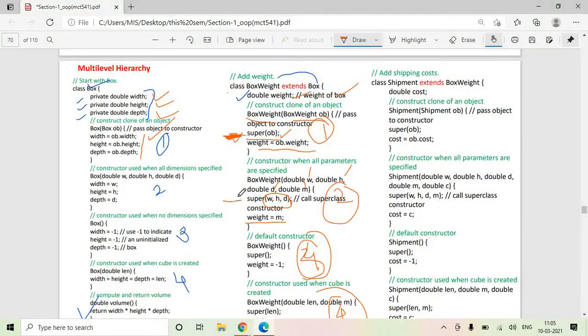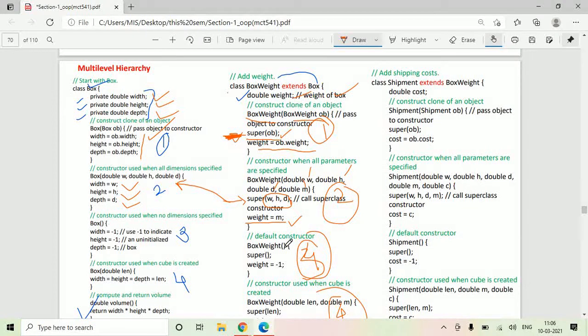So here we have used super W, H, D. So for 3 arguments we have asked to call the parent class constructor which accepts 3 arguments. So here this constructor will get called. It will initialize width, height and depth, and the 4th argument will be used here to initialize the weight variable.